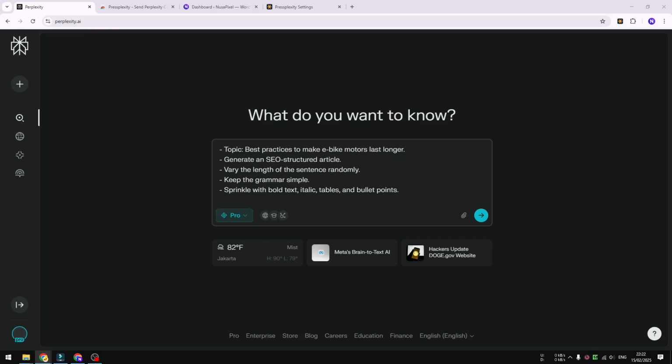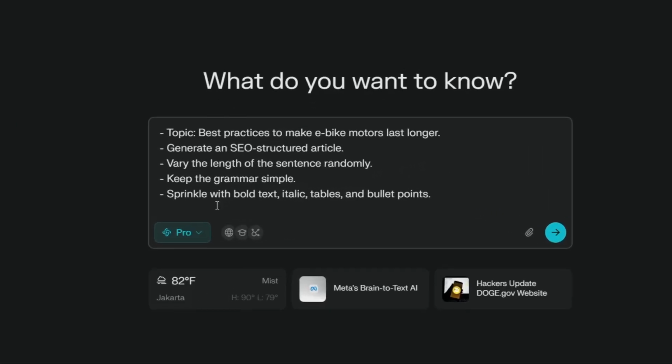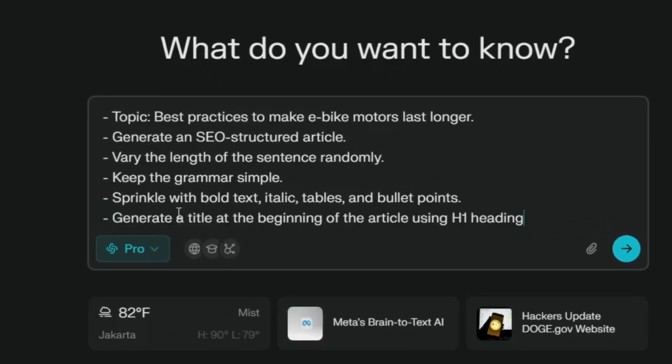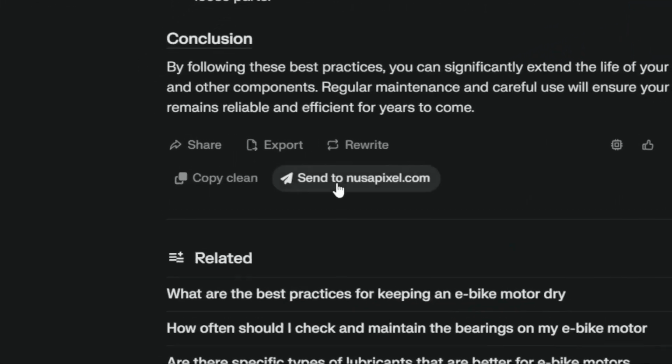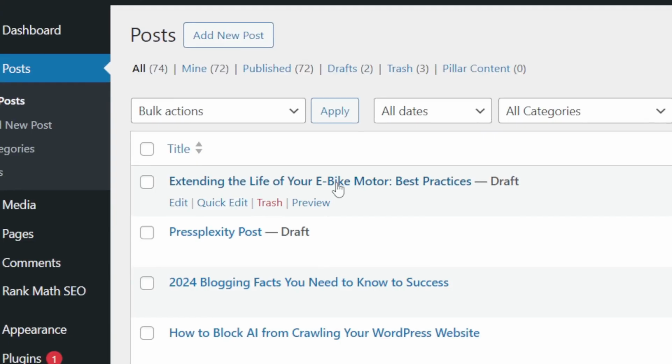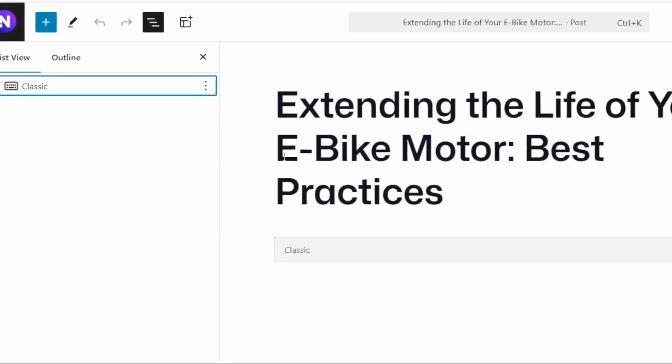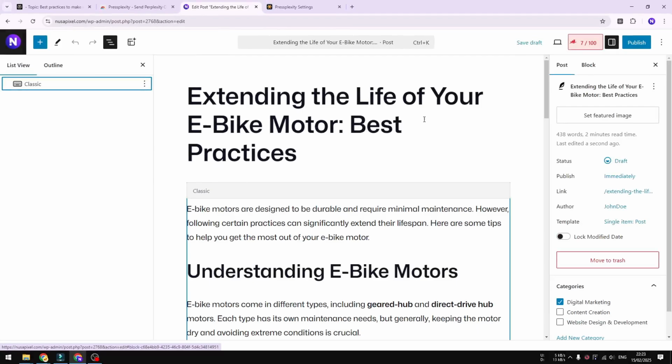Let's go back to Perplexity again. I will create another article using the same prompt. However, this time around, I will add this simple prompt: Generate a title at the beginning of the article using H1 heading. Now you must send the article to your site again. The post should already have a title. Basically, Pressplexity will detect if there is any level 1 heading in the content. If detected, the first H1 heading will be assigned as the post title. This way, you don't have to manually edit the title. And I think that's quite a